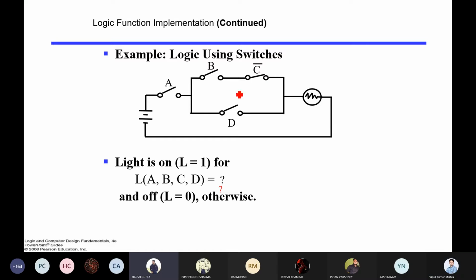Sir, A and bracket B and not C. A and bracket B and C. B and C, let me write it here, B and C, or D, or whole in bracket. Right? B and C, B and C in bracket and or D. Yeah, B and C in the bracket or D.